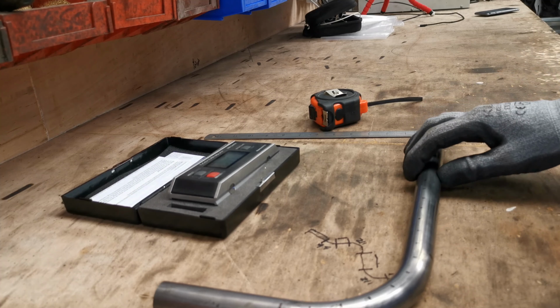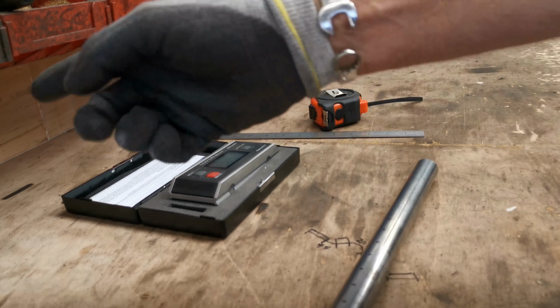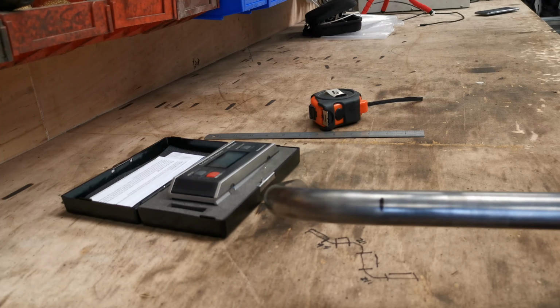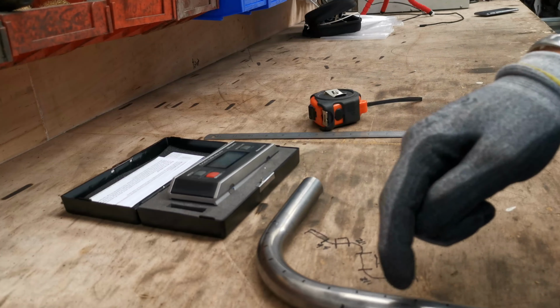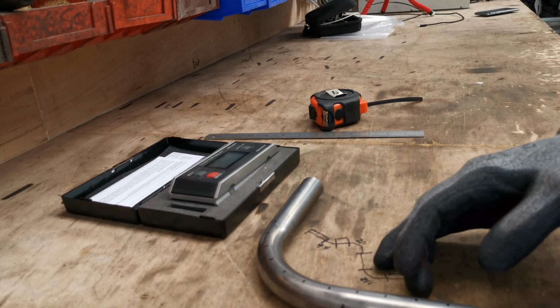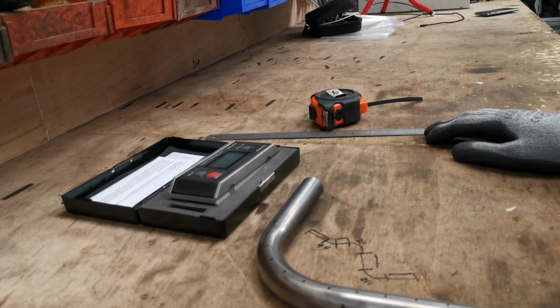First bit, I can use this as a cheater. So this would just be where I offer it up to any given space to see what sort of degrees I need to put into the bend. I've got angle finders and all sorts of other stuff as well which we can use, but it's handy just to have a known bend radius and degrees that you can offer it up and get a really good feel for: is that right, is it wrong, how much more do I need, all that sort of stuff. So it's really good. It's a really simple way to do it. And the telltales that you can see in the metalwork give you the start and end position of the bend,